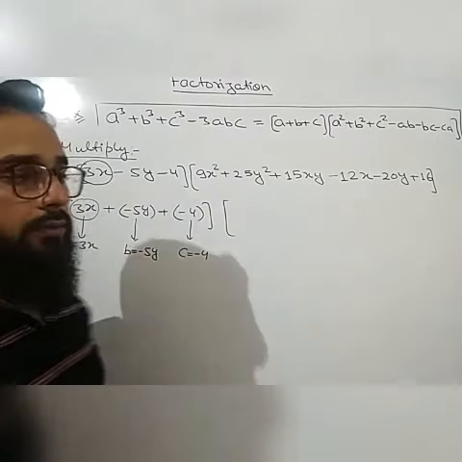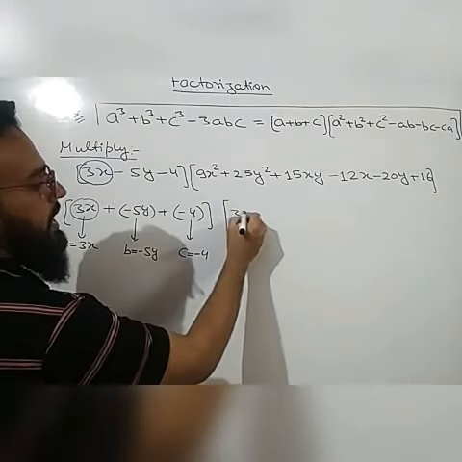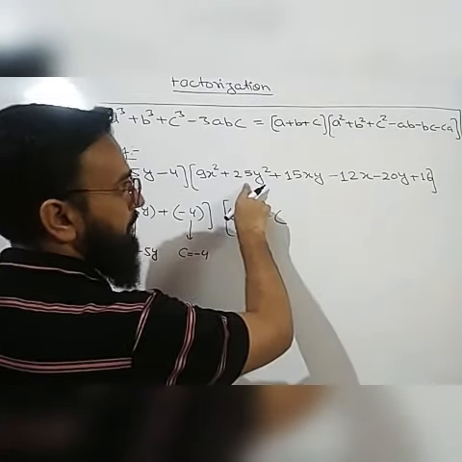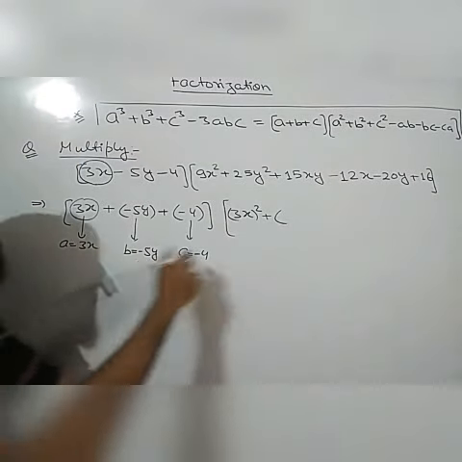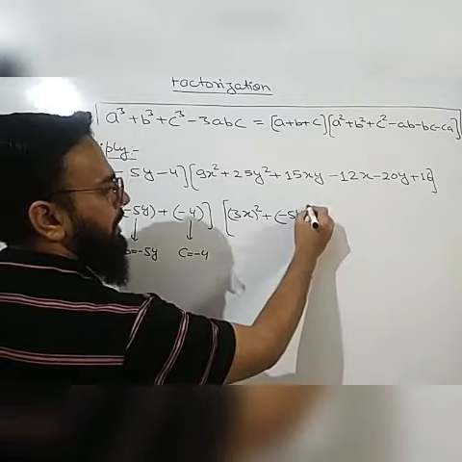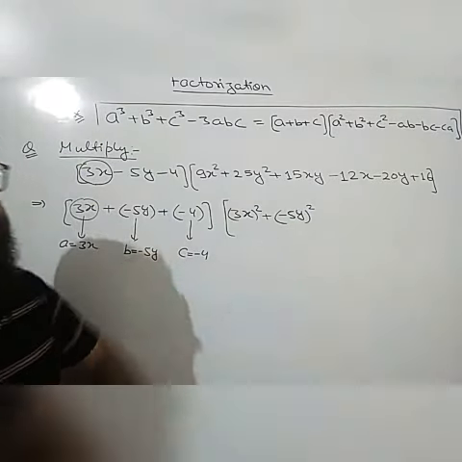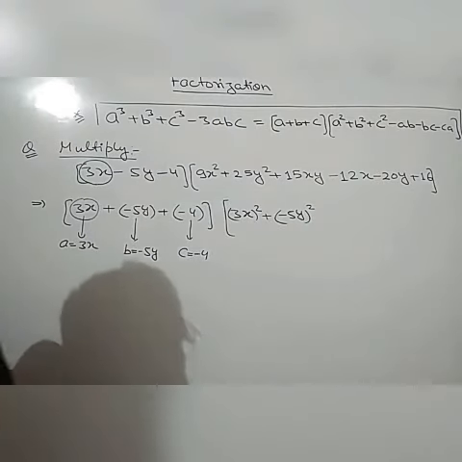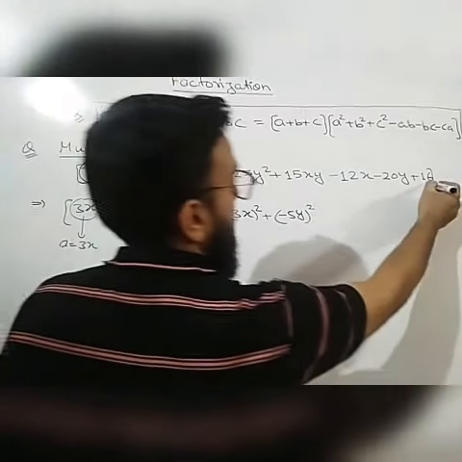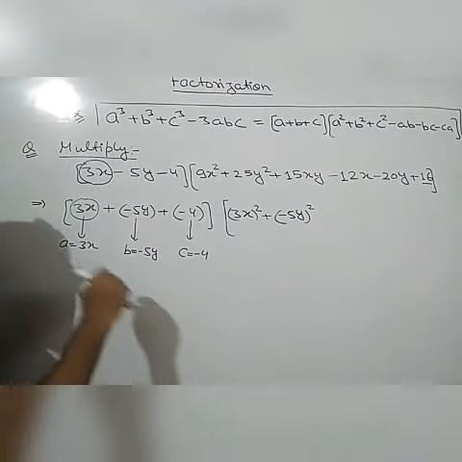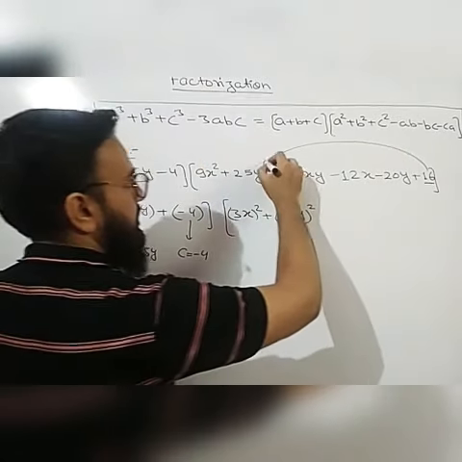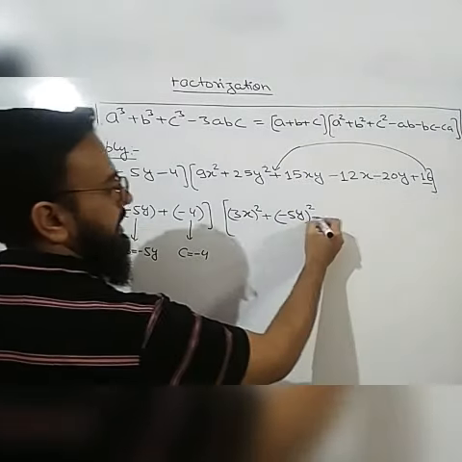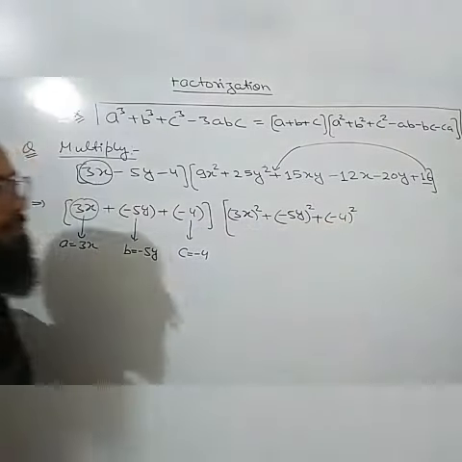It is a square. So it is written 3x square. We can write it as 3x whole square plus 25y square. But what is b? b is minus 5y. So we can write it as minus 5y whole square, because negative square is always positive. So it is minus 5y square, that will be plus 25y square. Then the next term is, here it is written 16 at last, and 16 is the square of 4. So first we will take 16 at this place. After 25y square, we are writing 16. So 16 can be written as plus minus 4 square.